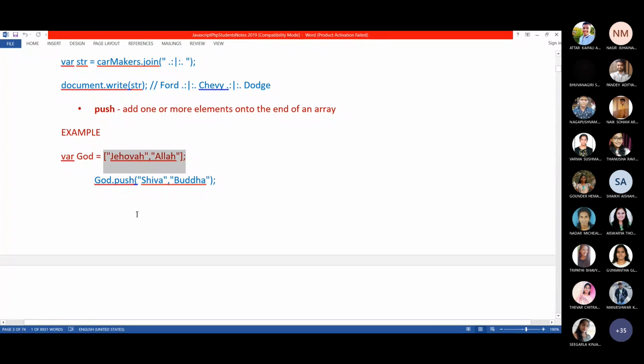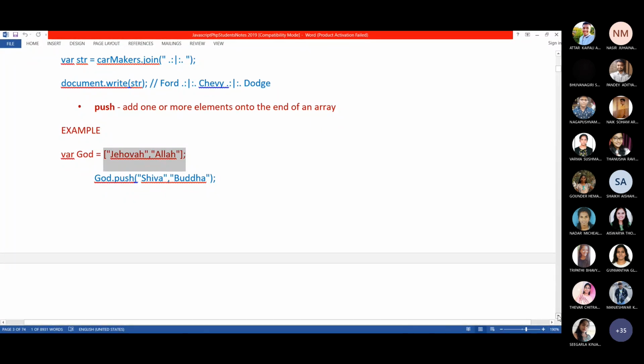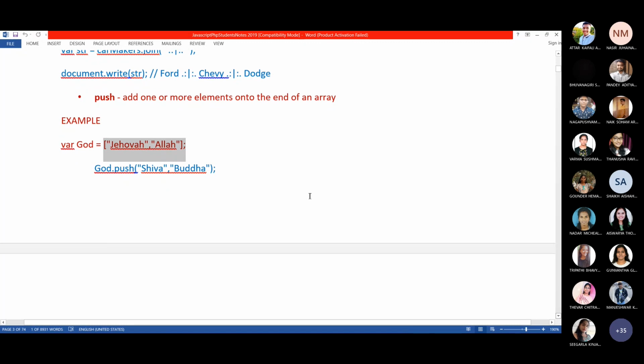The output will have four elements because there were two elements in the array and you have added two elements using push method. These added elements will be stored at the end of the array.